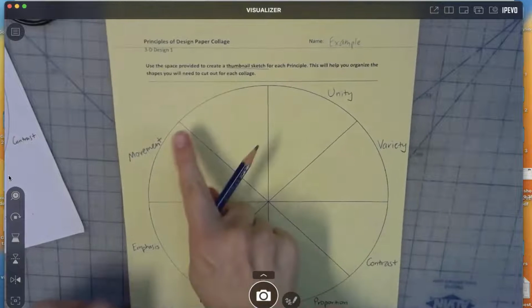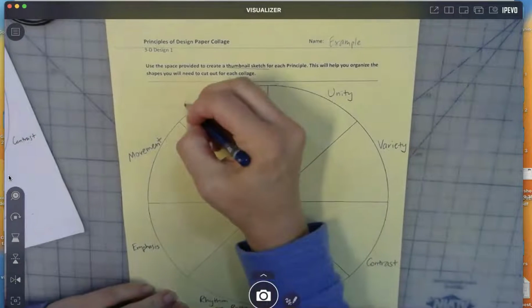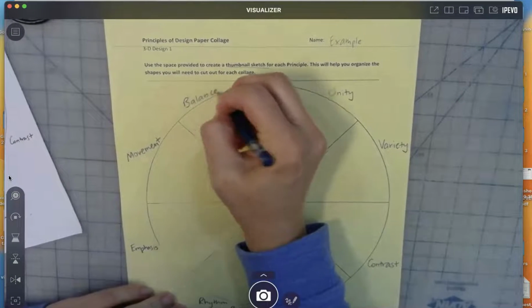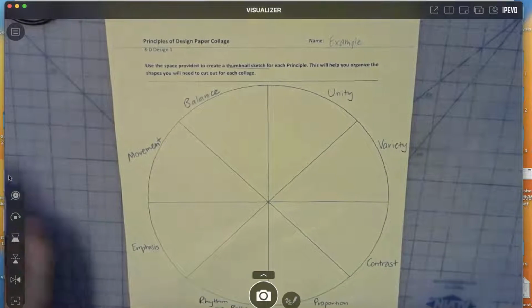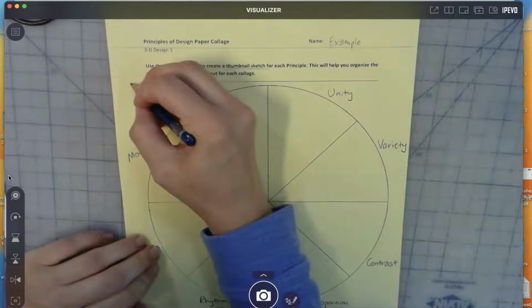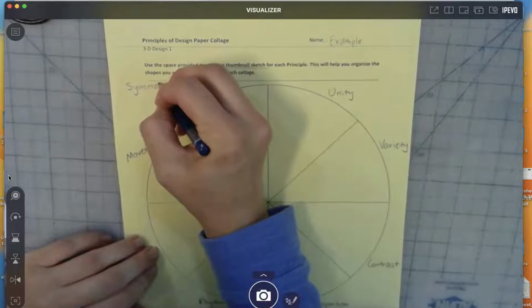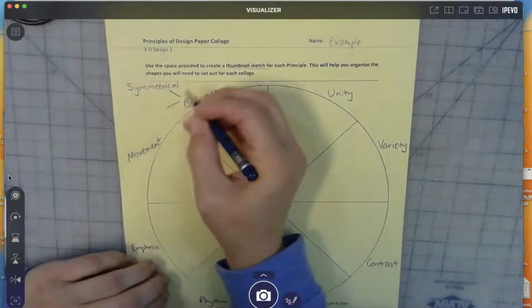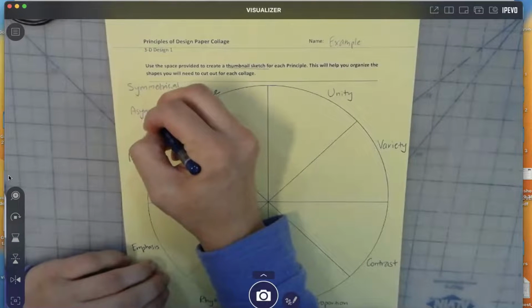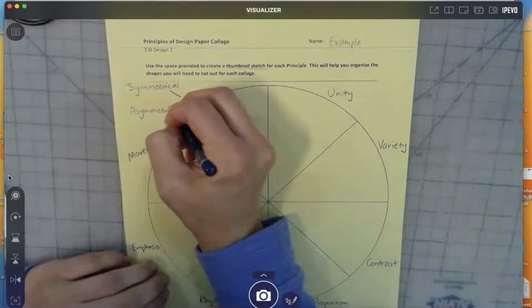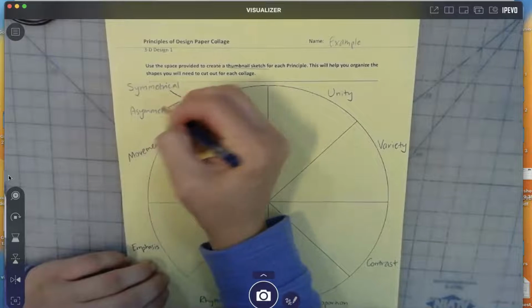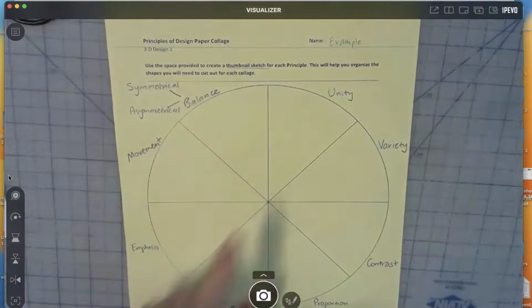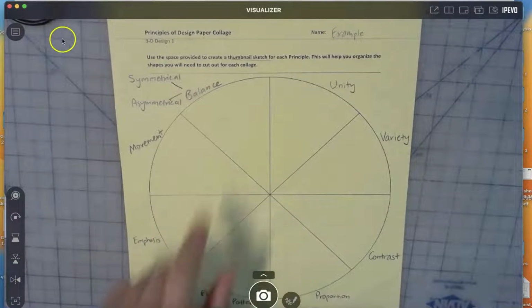And then right in here, you're going to use balance, but you get to choose the type of balance. So either you're going to use symmetrical balance or asymmetrical balance. You get to choose the type of balance that you're using within this little composition here.